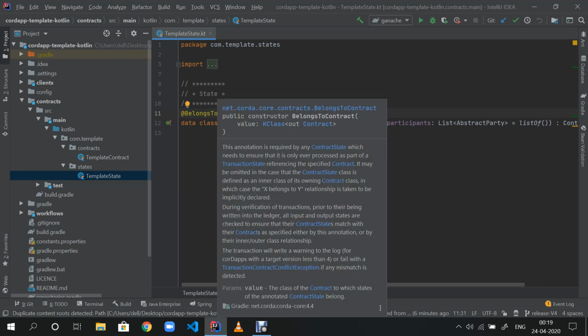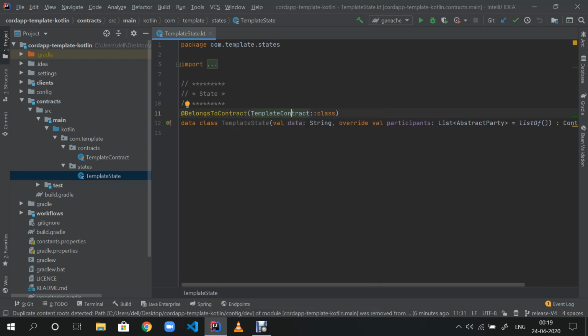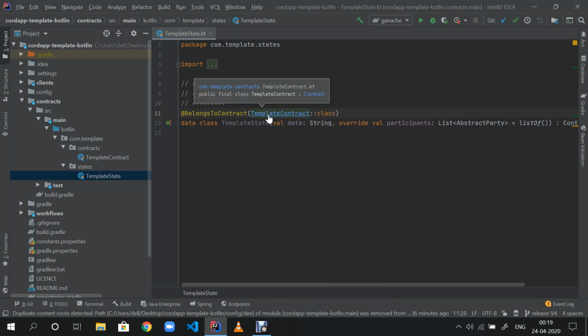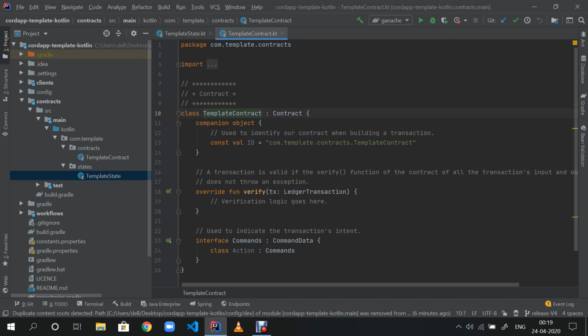This annotation is used to define that the state which we are making follows some rules which are defined in a contract, and the name of the contract is template contract. If you just press and hold the control key and click on this, you can directly go to the template contract file.